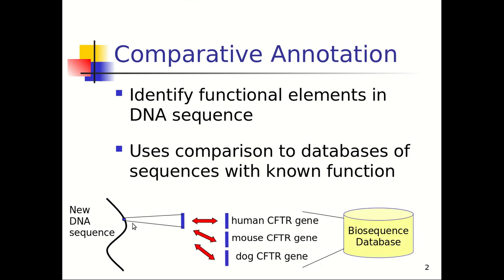If you can identify this particular sequence. And the CFTR gene, here we're looking at a much larger sequence, and we're saying, hey, this gene looks like the mouse gene or the dog gene, and we can compare that to it and find that. But it's just not a whole gene. It could be a shape, it could be a smaller sequence, it could be a whole gene, it could be a whole segment, it could be